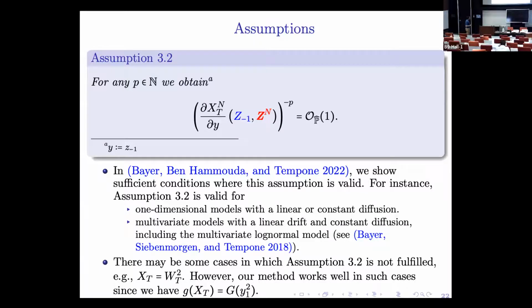Christian and co-authors. I should note that even though you may have cases where the assumption is not valid, the method can still work. This can be seen if the terminal value of the process is W_T squared, the Brownian motion at capital time T squared. Then your problem is reduced to having the integrand evaluated at the coarsest random variables, and you don't introduce any other random variables that you need to satisfy the condition with respect to.